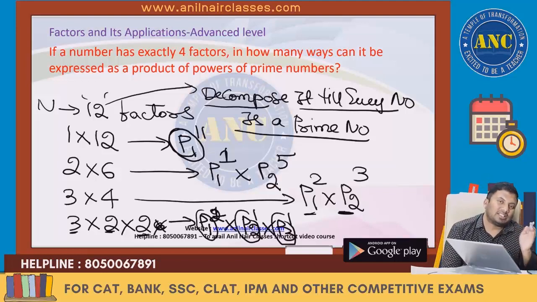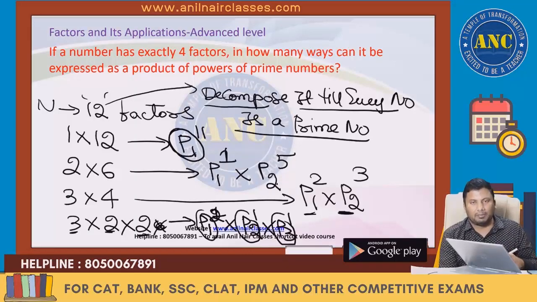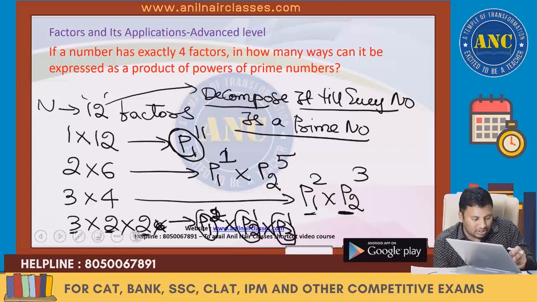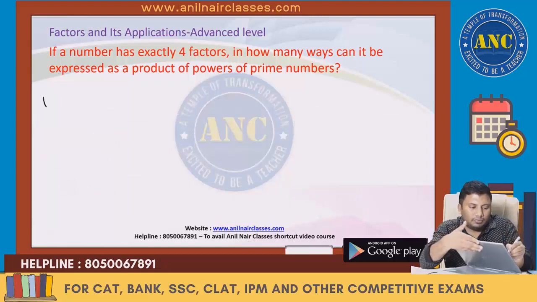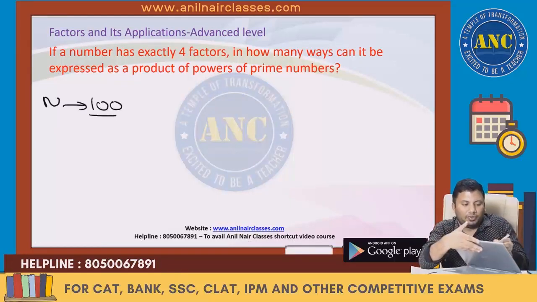In all the classes, from the number we found the factors. Now we will do the reverse. From the factors we can find the numbers. One more example I will solve so that it will be clear to you. Right? Now next example. N is 100. How many